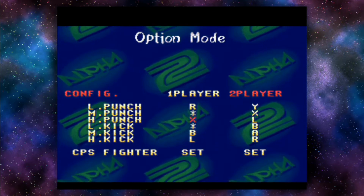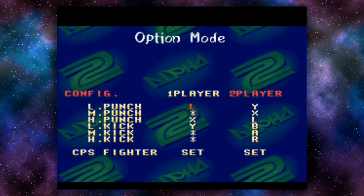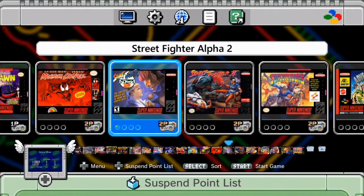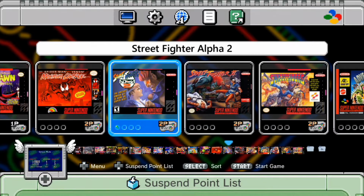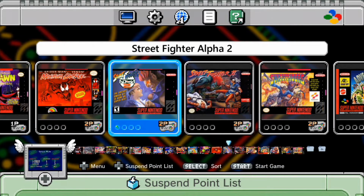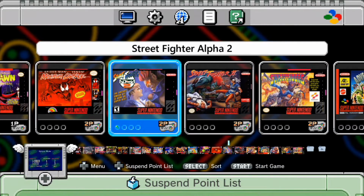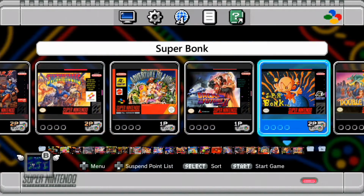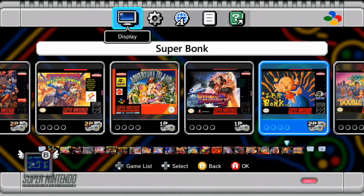And yeah, the extra. Actually, how did I do that? I don't know how I done that. I just pressed a few random buttons, came to option. I'll reset it now. So I think that pretty much covers everything. Is there anything else I need? I think I pretty much showed most of it actually. I can't really show every game, but